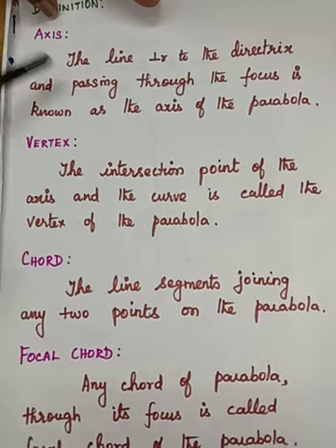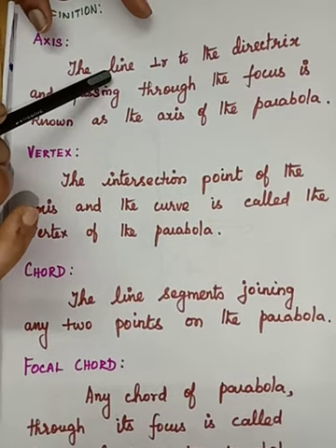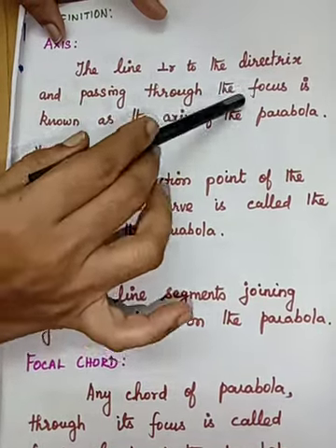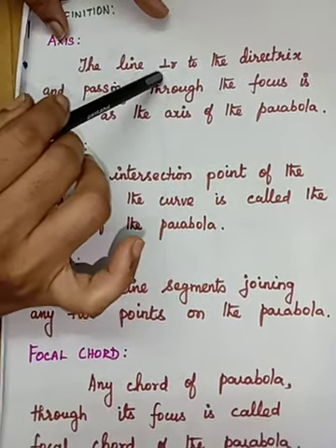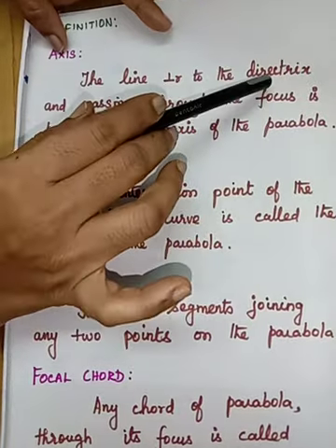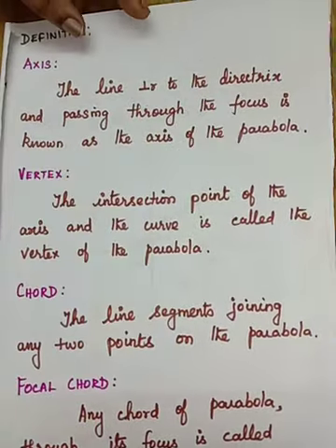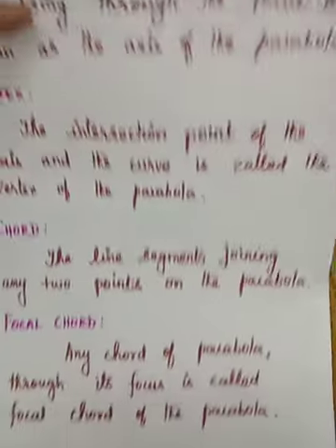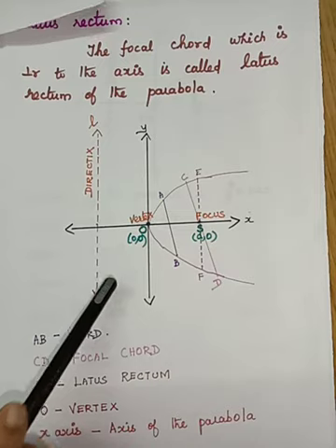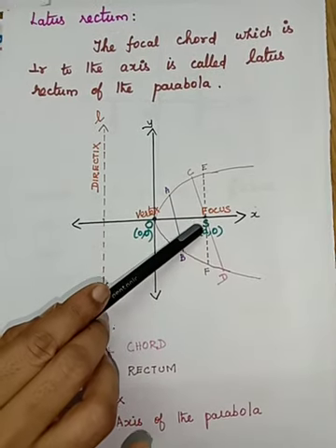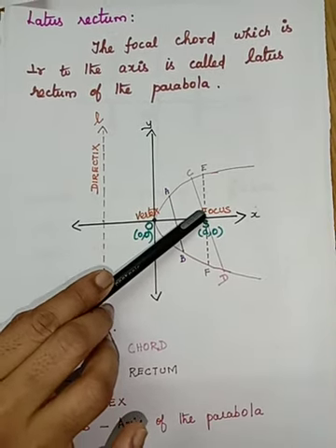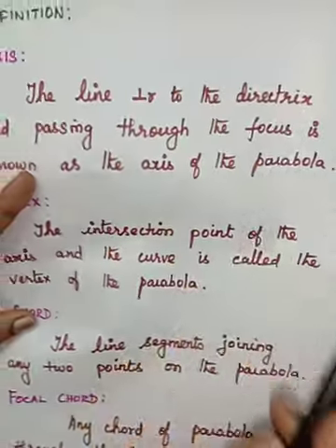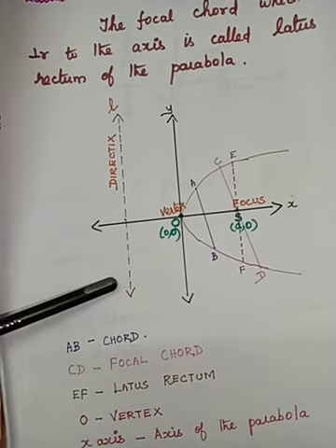Okay, see that axis. What is the axis? It's a line. Axis is nothing but the line which is perpendicular to the directrix and passing through the focus. You see that? Perpendicular to the directrix and passing through the focus is called the axis of the parabola. Take this diagram. Already I have said the fixed point is nothing but the focus. So axis, what I said, the line perpendicular to the directrix. This is your directrix.